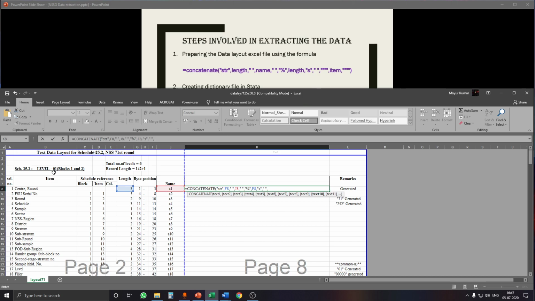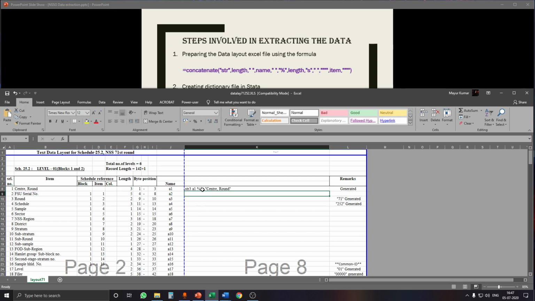Now we have to put the item, this name of the file, so we have to put quotation mark 4 times, 1 2 3 4, comma, item, again comma, and quotation mark close for 4 times, 1 2 3 4, and we have to close the bracket, and now we will press enter.